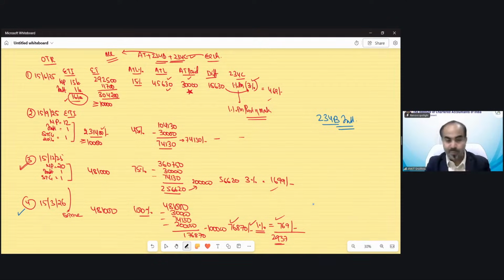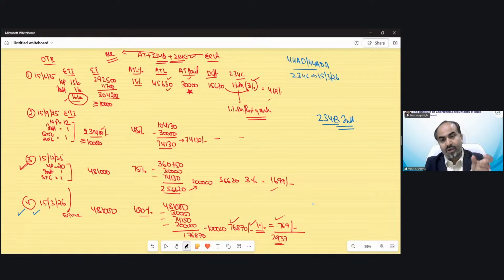Before that, let me tell you, if you are in the section 44AD or 44ADA category, then for those only the fourth installment needs to be paid at once. So 234C needs to be calculated only on 15th March 2026. So the 234C calculation for these presumptive taxation scheme persons would be on 15th March 26. If the amount is short, 1% interest needs to be calculated. Clear? Okay, so moving on to 234B.